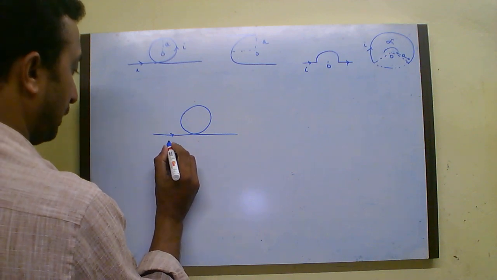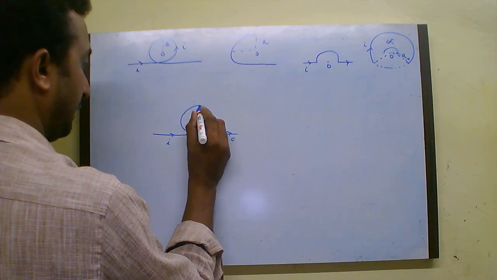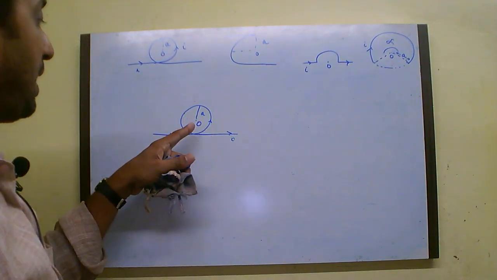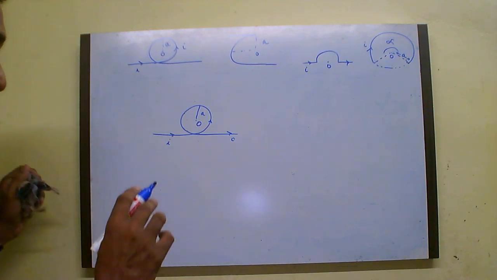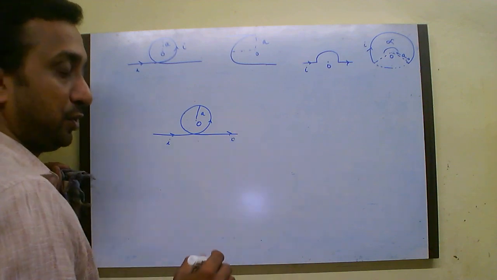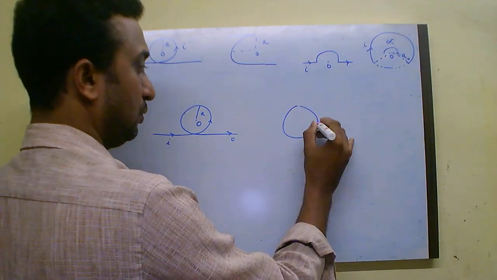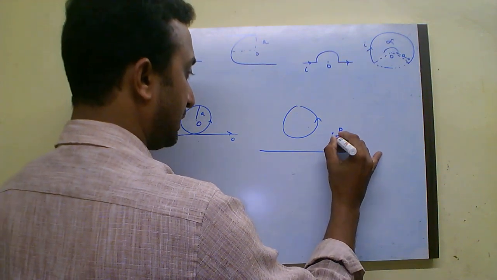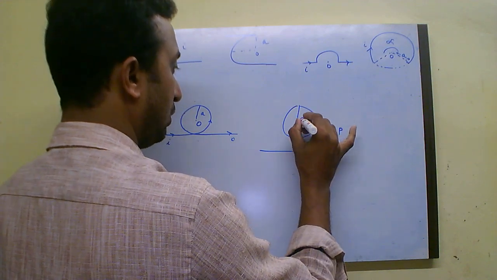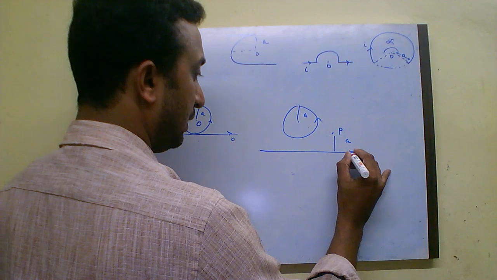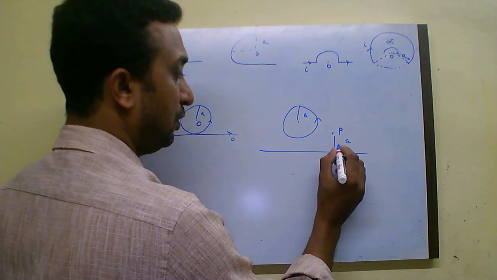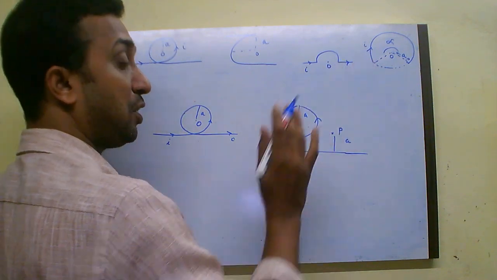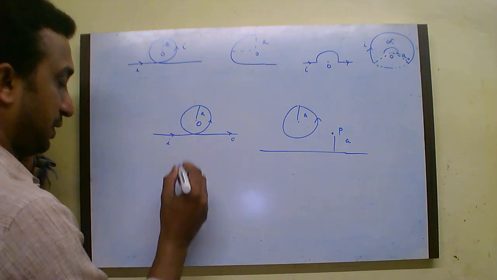A current I is flowing through this, the radius of this circle is A and the center is O. They are asking you to find the magnetic field at O. To find it, you have to use both equations, because you have a circular loop through which a current is flowing, and an infinitely long wire A distance away from the point where you have to find the magnetic field strength. So first case, you have to write